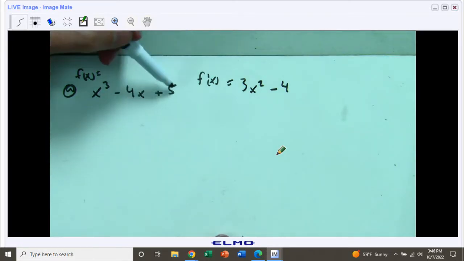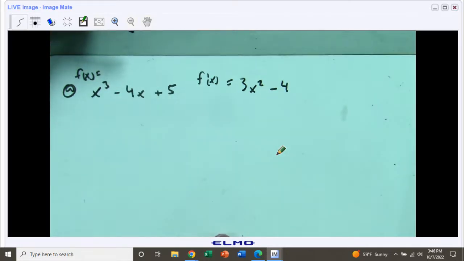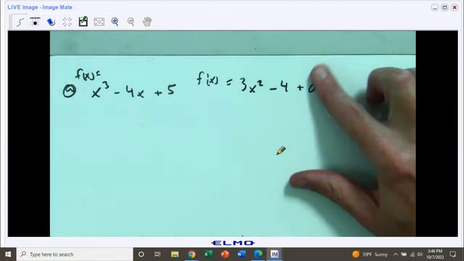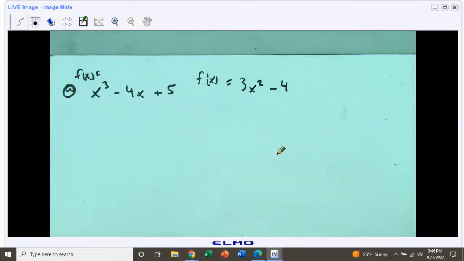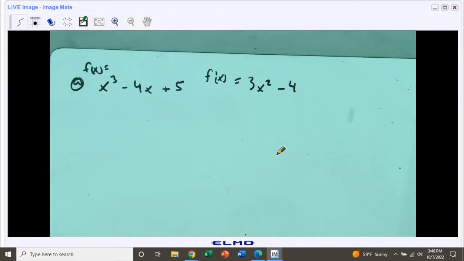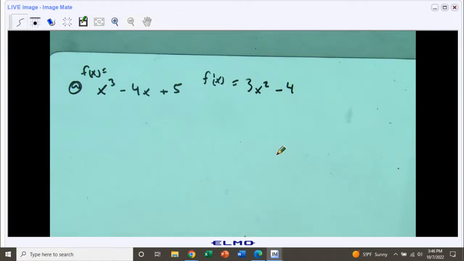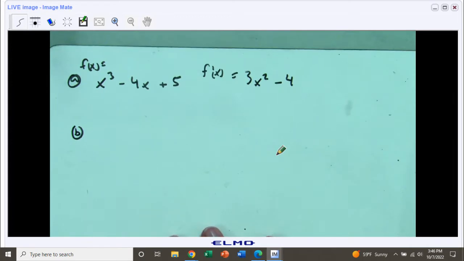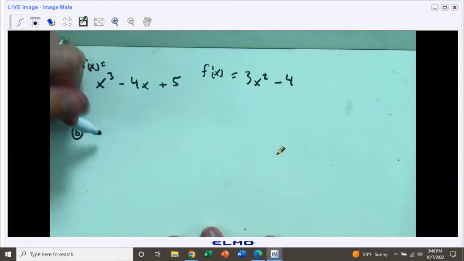And then this 5, let's remember, that's a constant. So the derivative of that 5, if it's the derivative of a constant, it's just 0. So we could say plus 0 to start off with, but then we'll just get rid of it. Okay, so the derivative of this function here is going to be 3x squared minus 4. So that's what the sum and difference rules are talking about. It looked a little more complicated in terms of the actual definition, but it's really not too bad. And let's take a look at this last one now and give us some practice